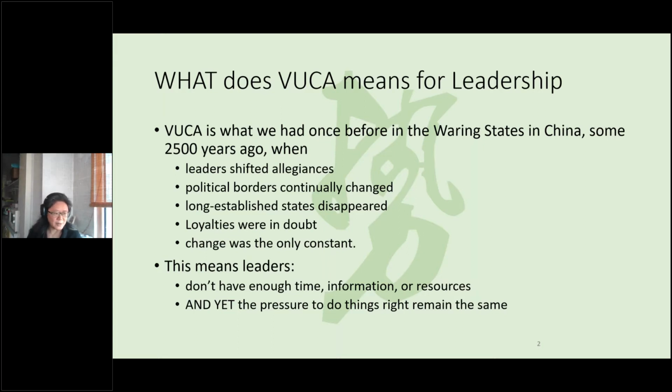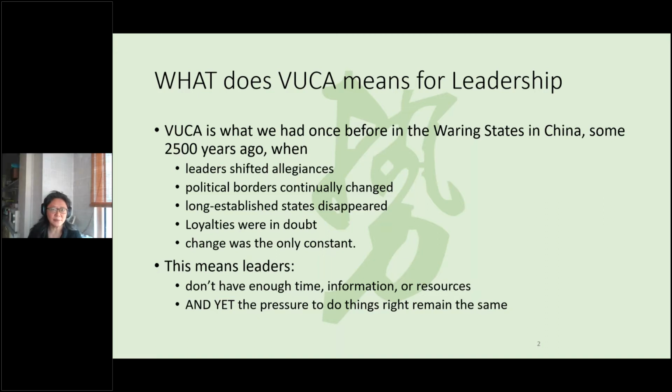It started from 475 BC and lasted 245 years. And there's a lot of similarity between the Warring States and the state that we're having currently along the globe. If you look at all the bullet points I listed here,